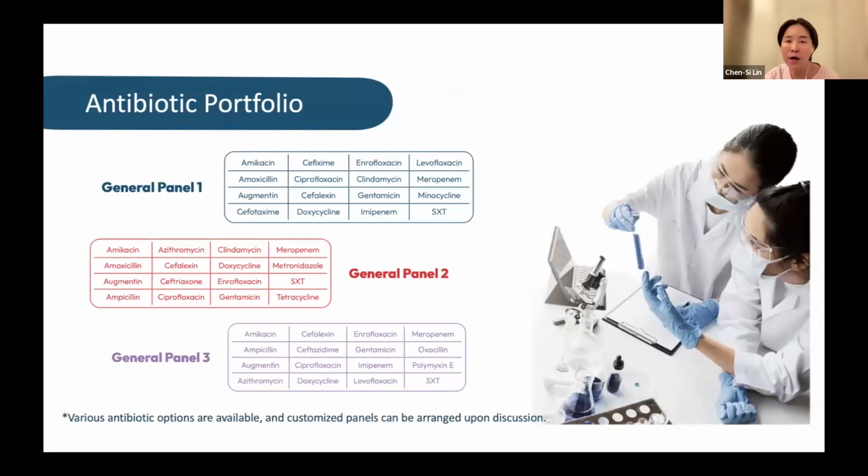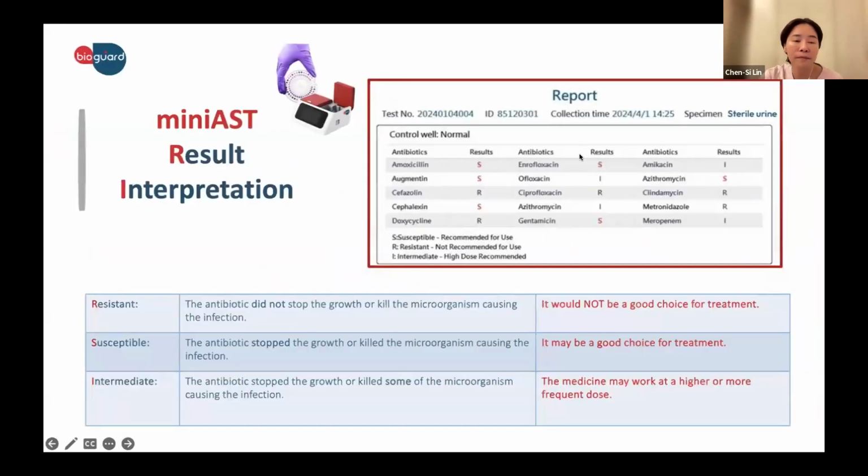If you work in animal clinics, they prefer certain antibiotic panels because of the cases they usually see, so it can also be tailor-made. You only put your sample in the machine, and after 6 hours, it gives you the results. As we can see, in this case the result is sensitive to